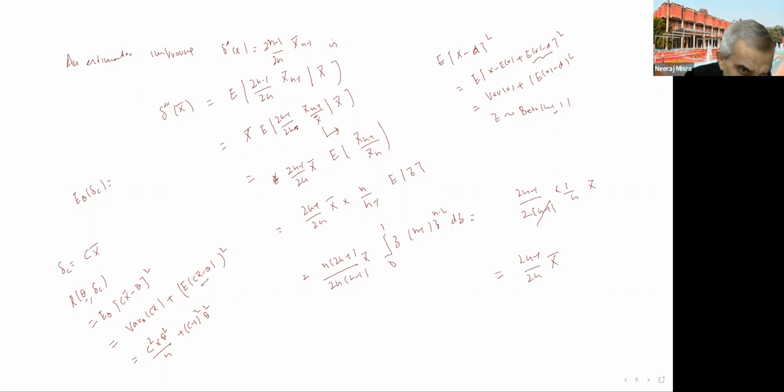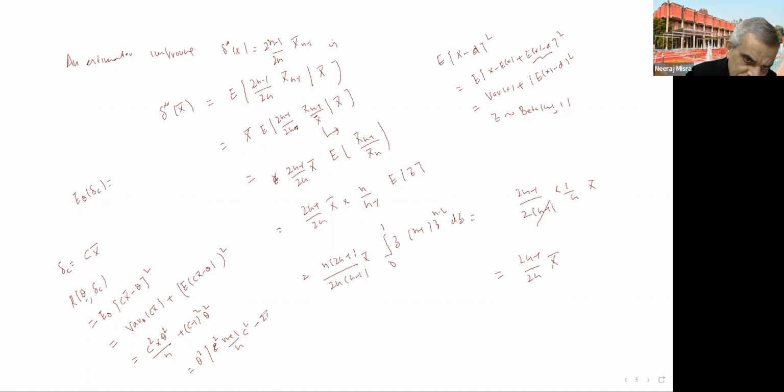Is that okay? I hope I have variance C x bar plus expected C x bar minus, yeah. So this is the thing. I have to minimize this with respect to theta. So this would be minimum, theta square comes common. So it becomes C square and C square with 1, so that will become n plus 1 by n C square